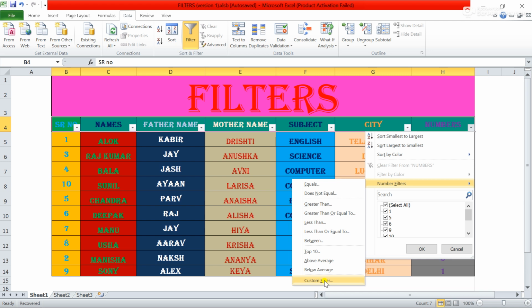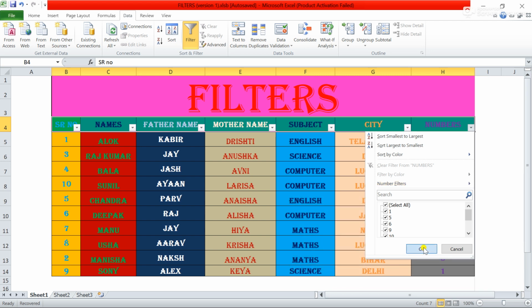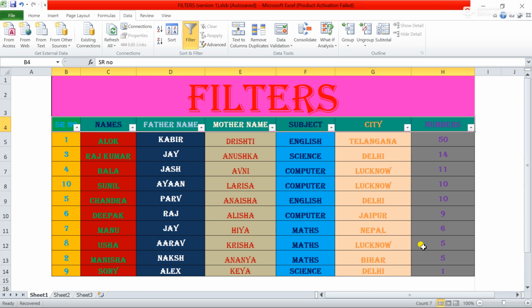This what I am telling, this is the basic filter. If you want advanced filters is also there, that I will tell you in the next video. So if you want to use these filters in your Excel sheet for the easiest work, then please watch this video. And if you want to learn properly from the starting to ending, you have to watch the video. Otherwise you are not going to get what is going in the video.